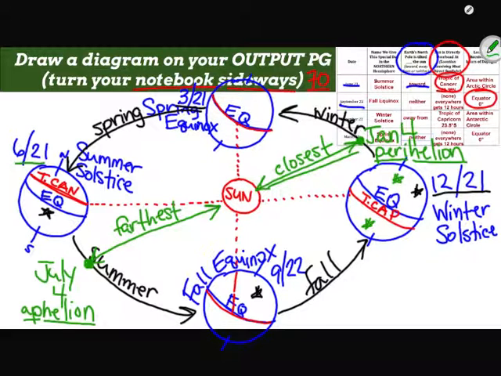It's summertime. So again, the reason we have seasons has nothing to do with us being closer or farther away from the sun, because that distance, to be honest with you, is not that big of a distance. You don't even notice it. Like, we've drawn it to make it really look different, but it really looks like we're the same distance from the sun all year long, if you were to actually look at it for real in outer space. It really has to do with the tilt of the Earth and how we revolve around the sun. And the fact that because we're tilted, certain parts of the Earth get more direct sunlight than other parts of the Earth. And that's it in a nutshell. So now you should be able to do the